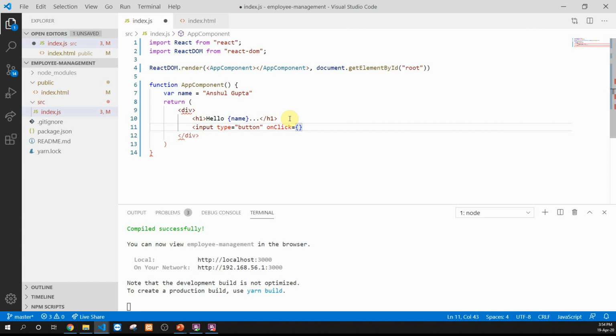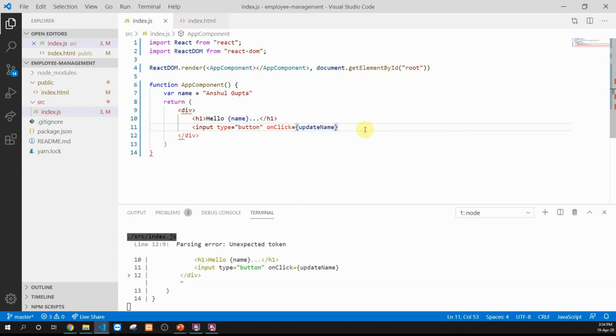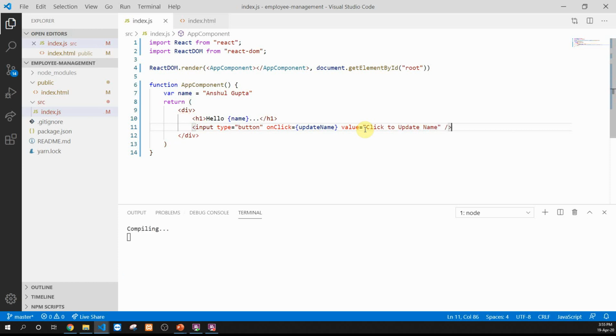So I'll say on the click, call a function which is named update name. This is a function which I want to call on the click of this particular button, and I'll name this button with click to update name. So this is the text that will be displayed over this button.